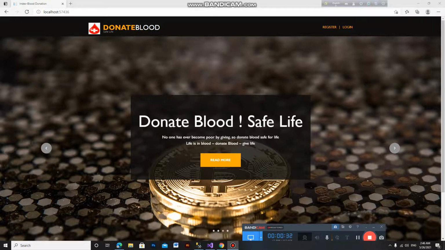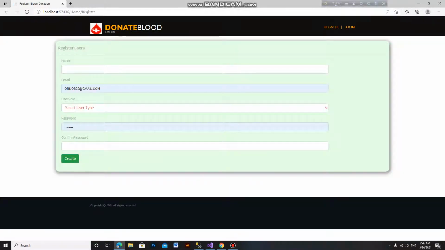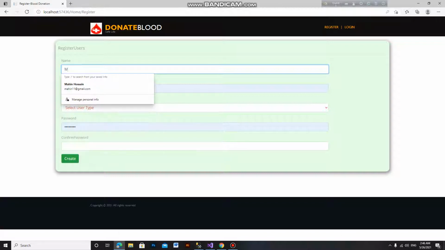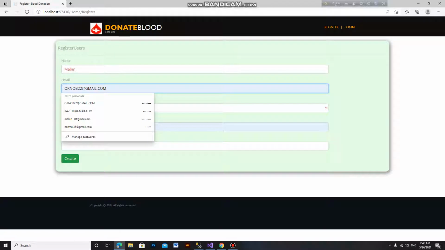So now I can show my project, how people can easily find blood and donors. So go to the registration page. First of all, people register here. People input details, name Mahin, then he inputs his email.